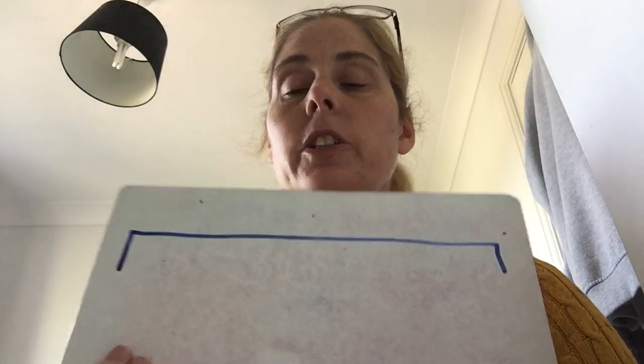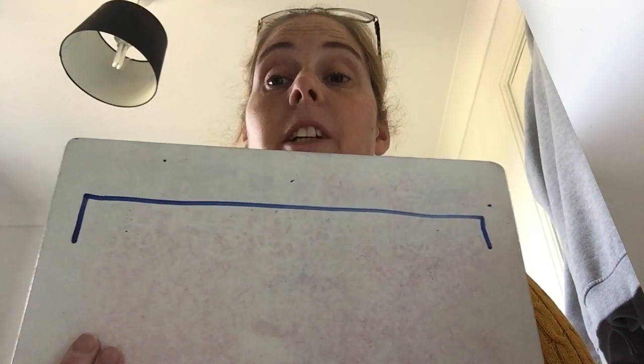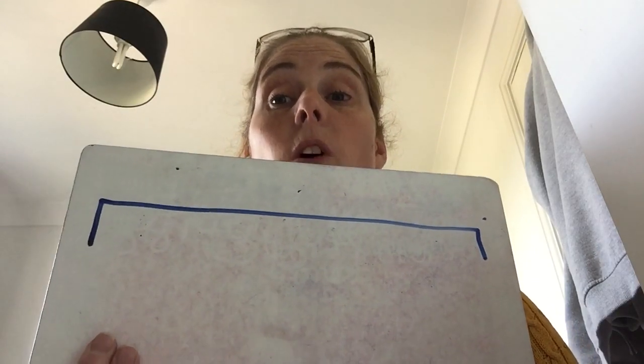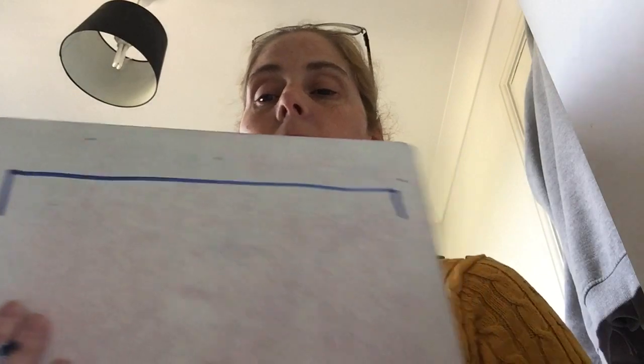So what we're going to do today is we're going to think about, a bit like the blank number lines you were using before the Easter break, where you were adding 11, adding 9 and taking 9, using a blank number line. Okay, now the number lines I'm going to be giving you are going to have some numbers on there. So for example, it may be a number line like this,